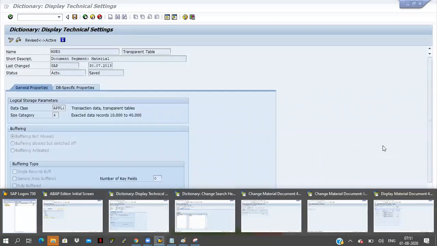Structures means two types of structures are there, right? Two types of structures are not possible in the table, or any specific structure is not possible. So the enhancement category is there.